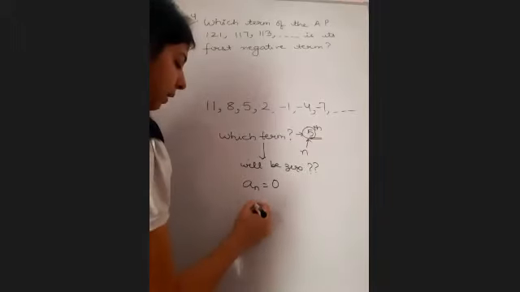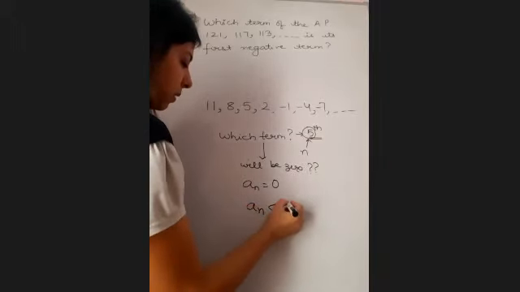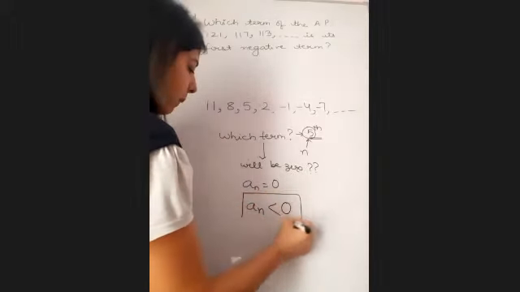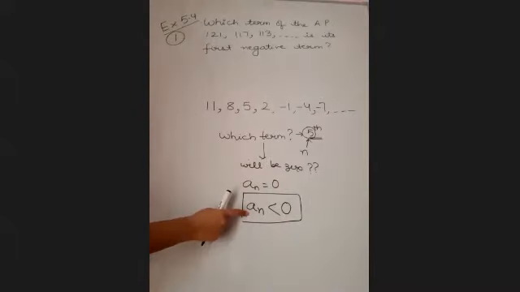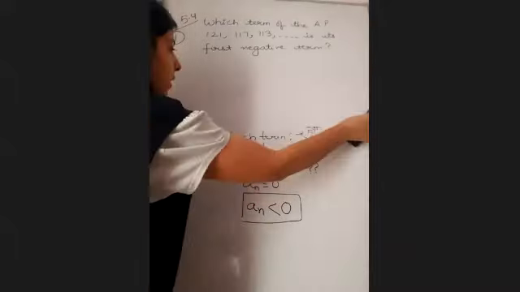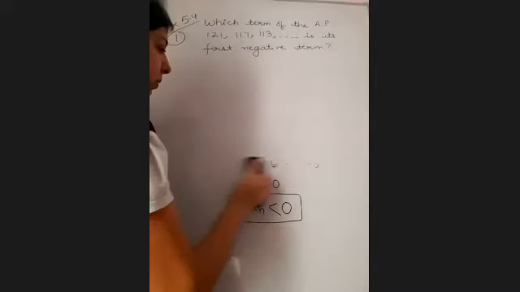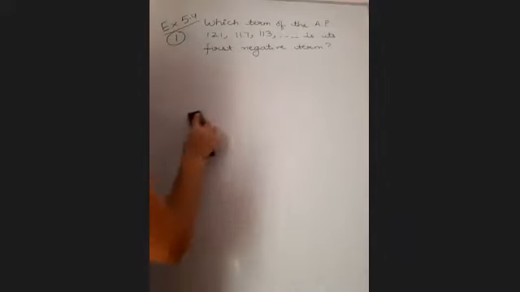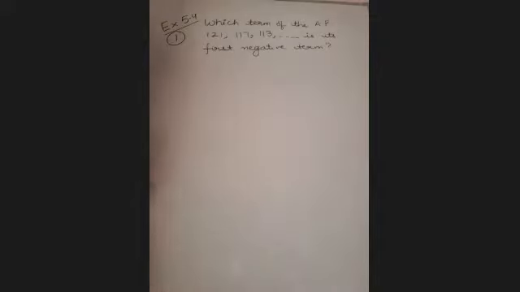So here I have to find negative term. In maths, negative means less than 0. So now in this question, I will be putting the condition that which term is first negative term means that AN has to be less than 0. This is the condition we are going to solve for the given question, right? So we shall first find the first term and the common difference.